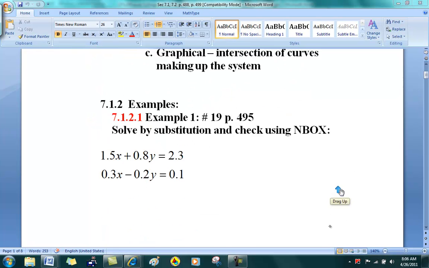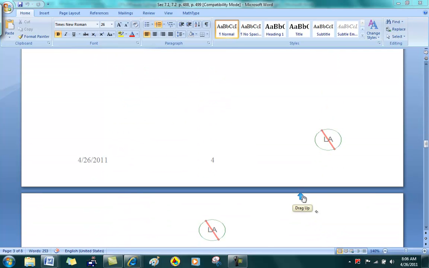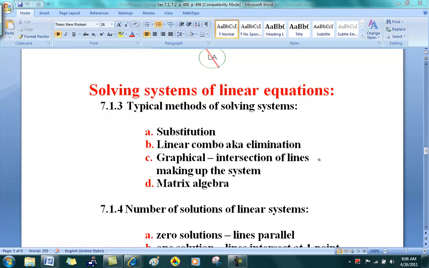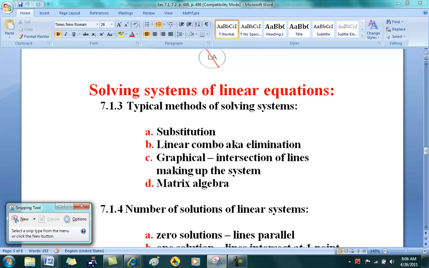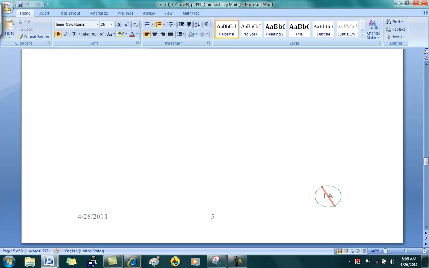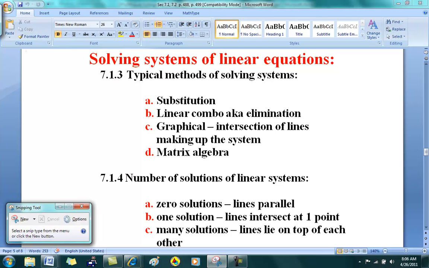Yeah, this is 7.1. Let me just scroll down to 7.2. So we're going to be dealing only with linear equations in 7.2. And I think in 7.1 we learned three methods of solving systems of equations. And here there's a fourth method that's been introduced or will be introduced, and that is matrix algebra, which is this guy here, okay? Which I think happens in 7.4. So let's just go over all the things that need to be